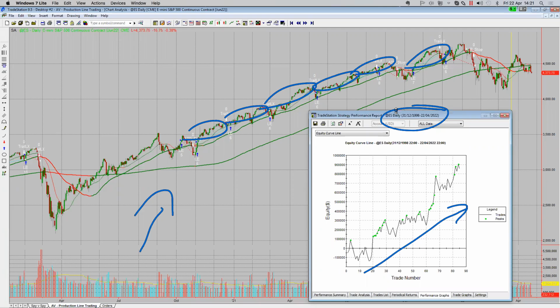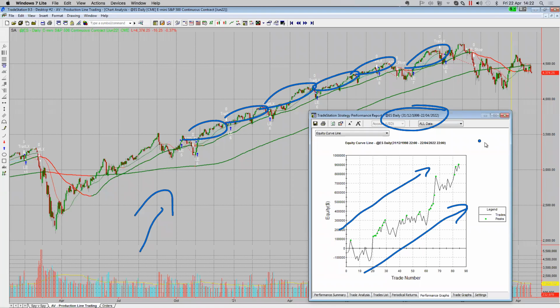But if I just did that, then I've got what we commonly term in the industry as a positive expectancy. And legally, I've got to say that past performance is no guarantee of future performance. But at the end of the day, this is how the finance world works. We're looking for a historical, statistical, quantifiable, definable edge. This is what it looks like. This is what it means to have positive expectancy.